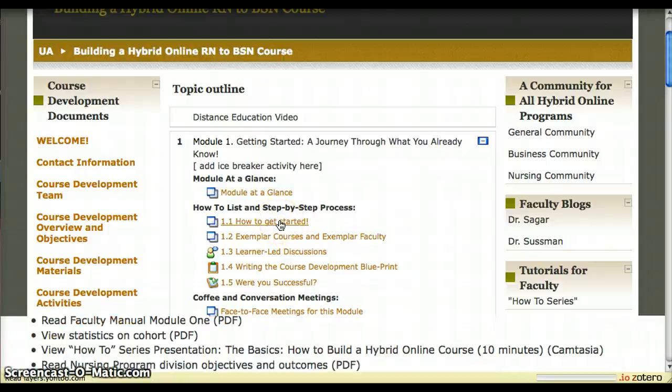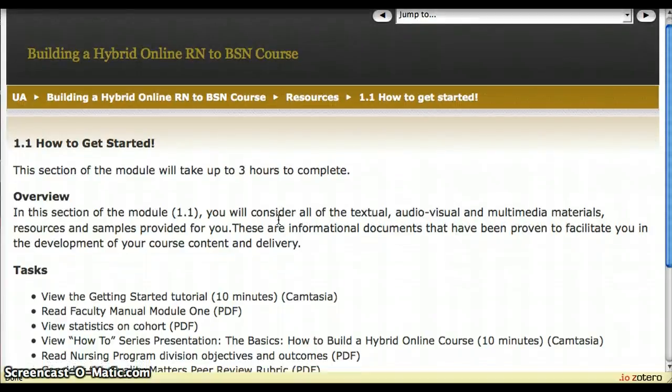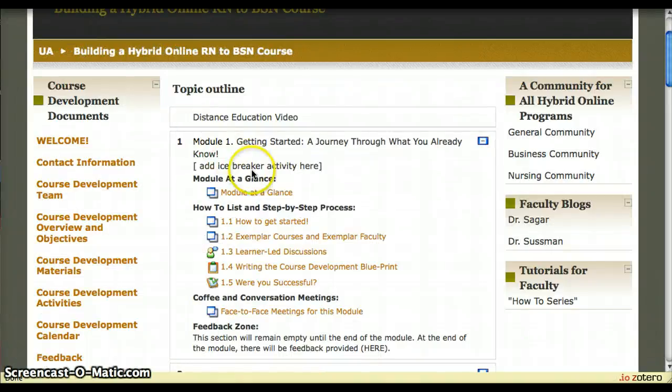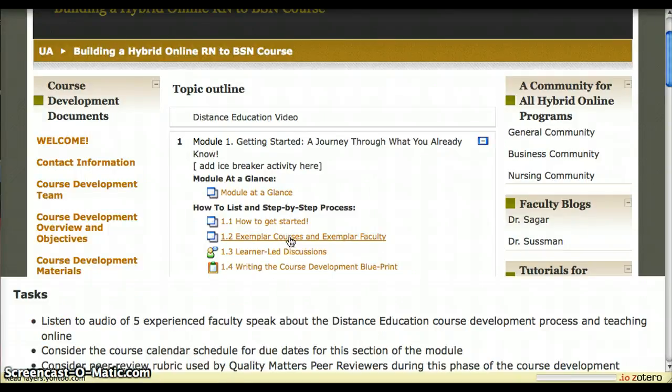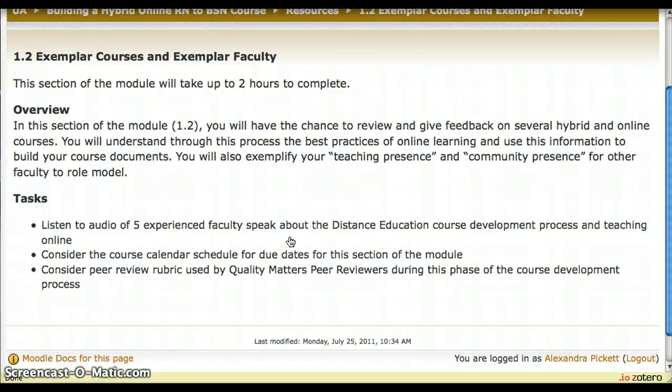I'm going to go through each of the documents here a little bit, and you're telling people how much time they should expect to complete the activities. I think that's nice and respectful of their time. And then you can check at the end to see how accurate you were, but you want to do a check-in with them to see if in fact that is how long it took them. I love that you're having exemplar courses, and I wish that I could see some of these exemplars, and